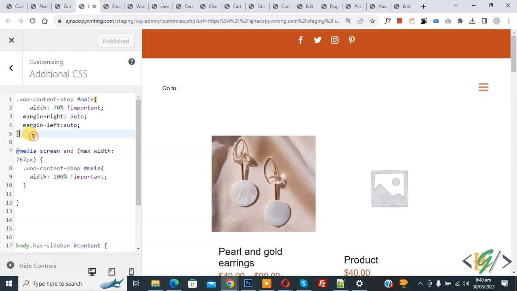Back to CSS. So this CSS applies on above screen 767 and this CSS applies on maximum 767 screen. So we are using media screen and you will find previous tutorial link in video description and you will find all CSS in video description or in comment